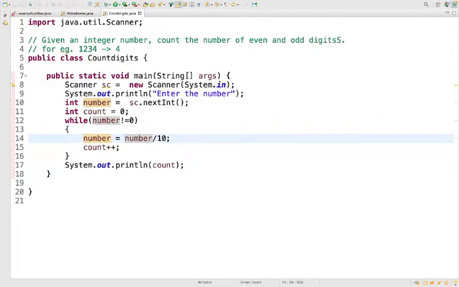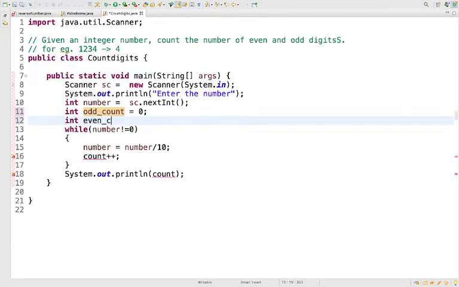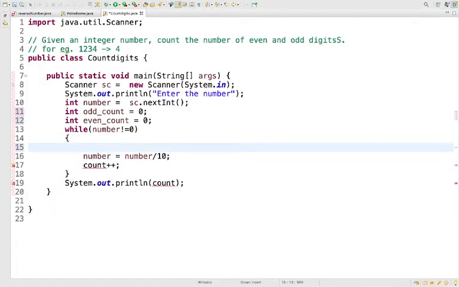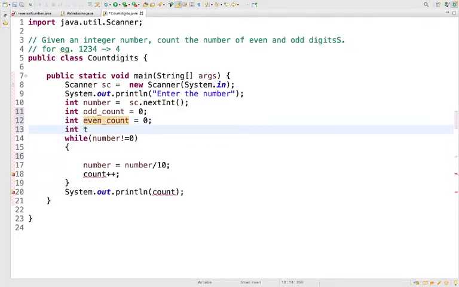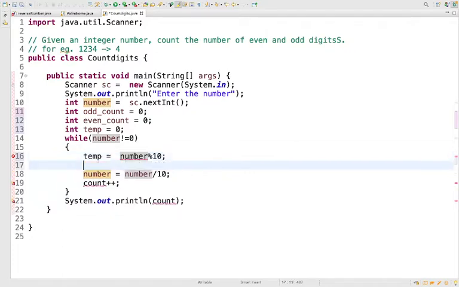I am changing the code. So here, along with the count, I am going to add one more counter. I will take it as odd count. I'm going to write it as even count. Okay, now what I need to do is I'm going to have some value, so some temp variable I will create. Temp, its value is 0. Okay, so I'm creating the temp value. What I'm going to do is number modulo 10. I'm storing that in temp, and then I'm going to check